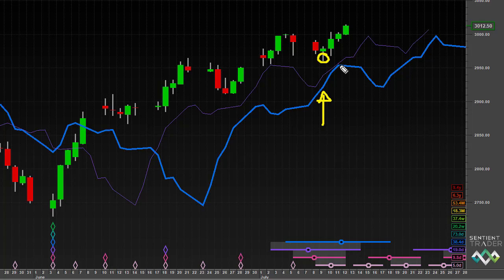And this is a very important concept. I've mentioned it in every market update video that we've done in the past several weeks, the concept that the underlying tone of this market is bullish. We've seen it time and time again. Here